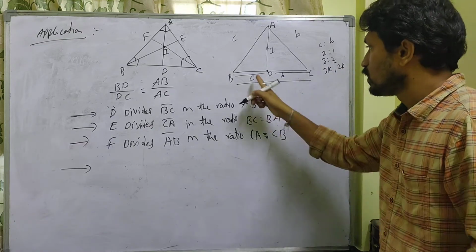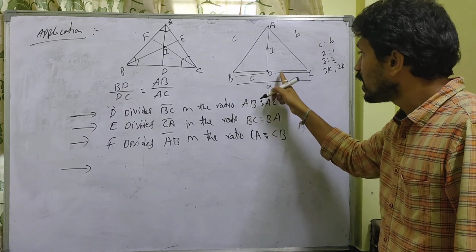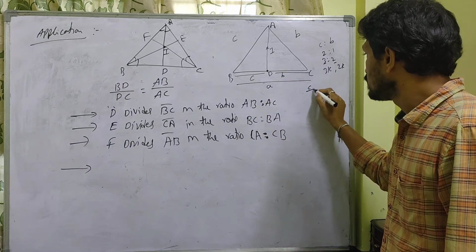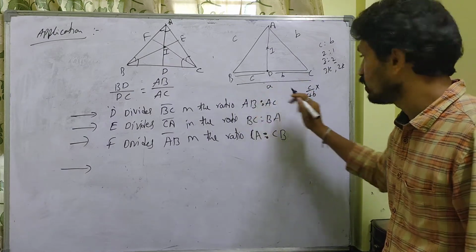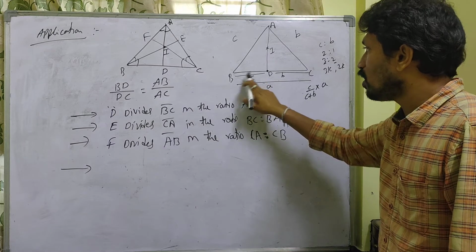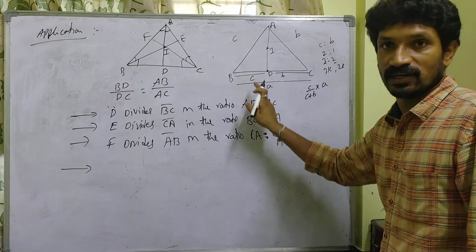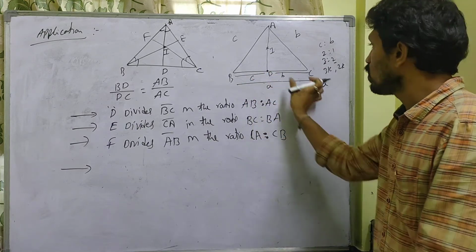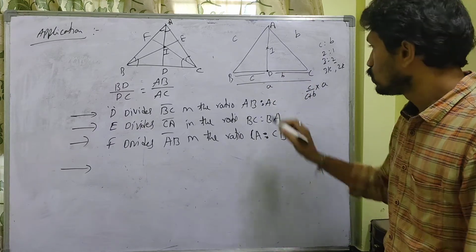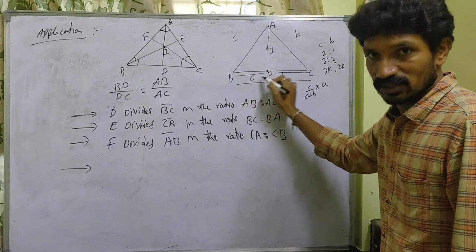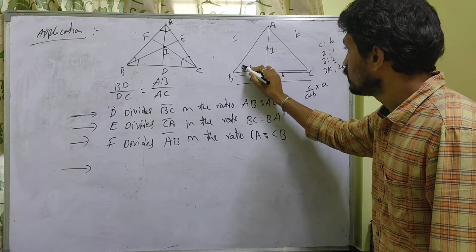Okay, now come to the point. If you want to find this measurement, how can you compare? c by the total, c plus b, into the big length BC. What is the original length? a. So in a, how many parts is BD? c parts. Total parts c plus b. If you want to find this measurement, c by c plus b into a. If you want the measurement of this part, b by c plus b into a. Like that you have to do. So what can you say? This total length, now this gives this length. So this is nothing but c by c plus b into a.